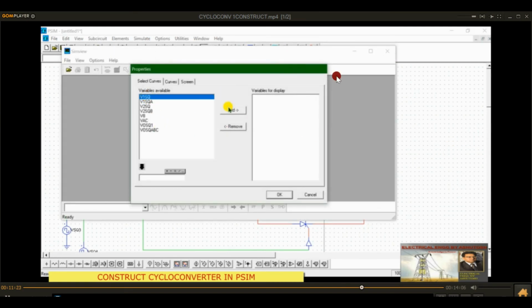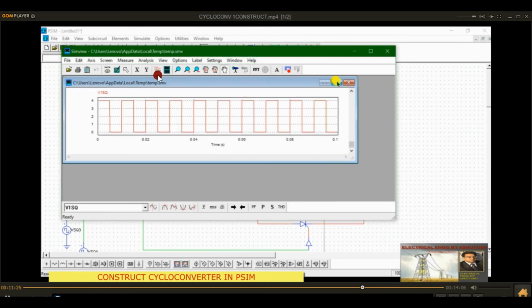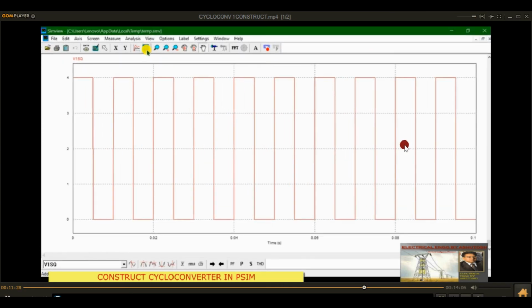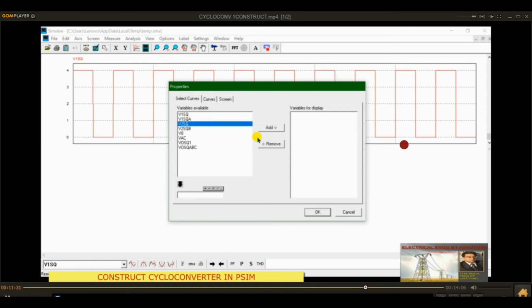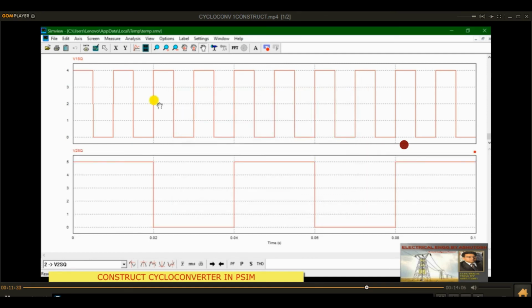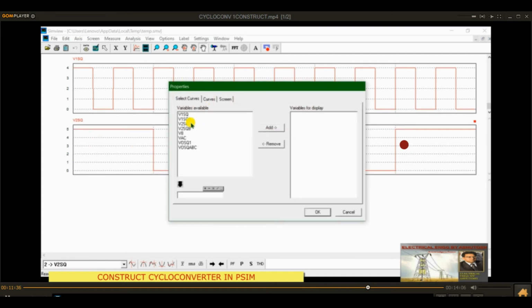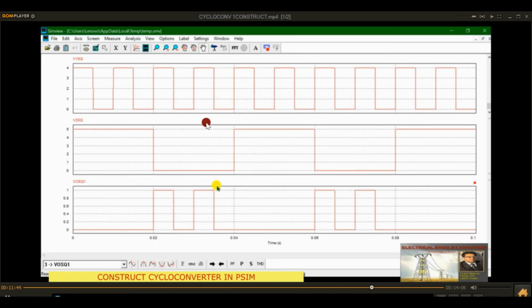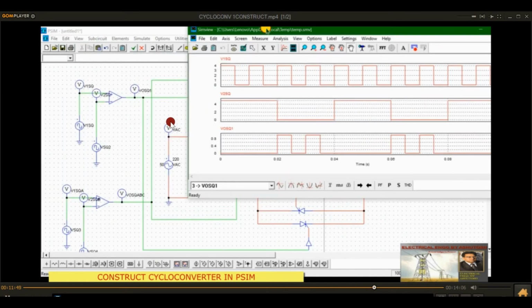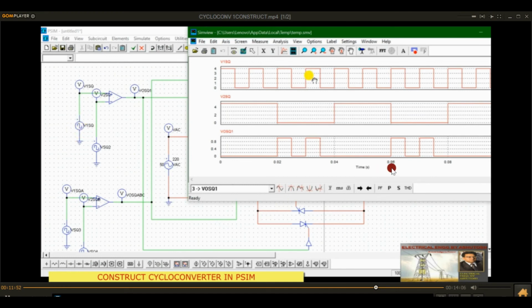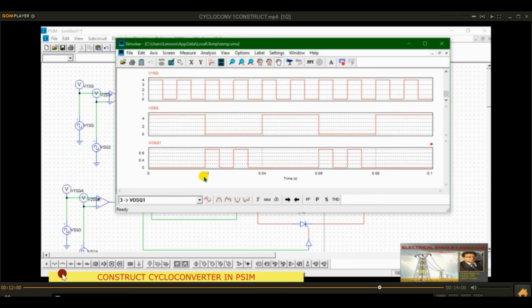Okay, then you can see the square wave generators' waveform first. See, this is the square wave generators' waveform which is going to be provided at the gating block. So this one is of 100 hertz and this one is of 25 hertz. This one is of 100 hertz and this is 25 hertz. And then you will see there will be a 180 degree difference when you select the waveform of this.